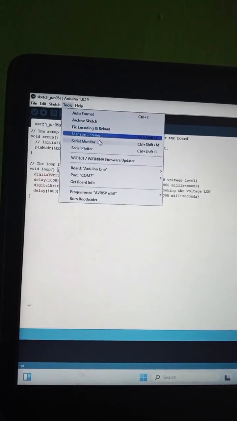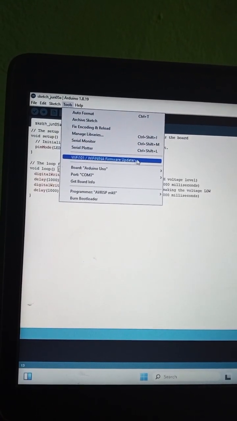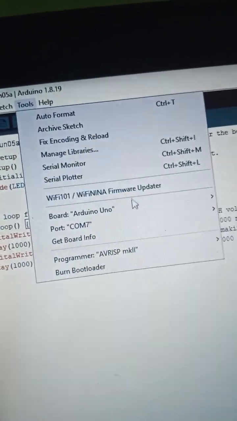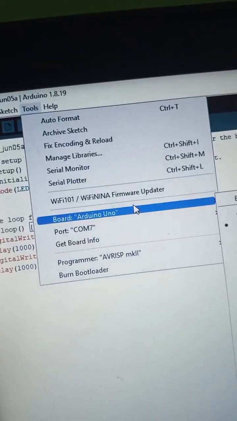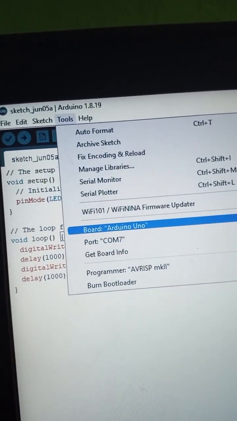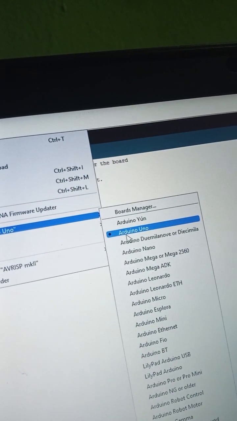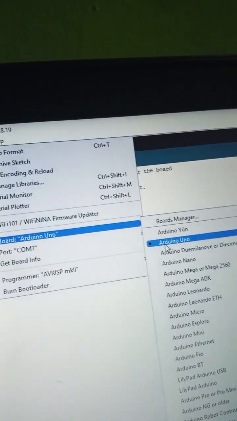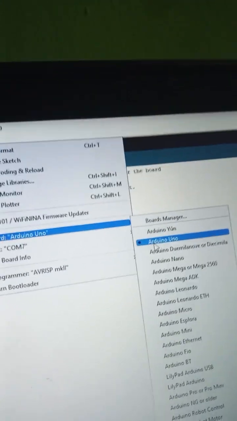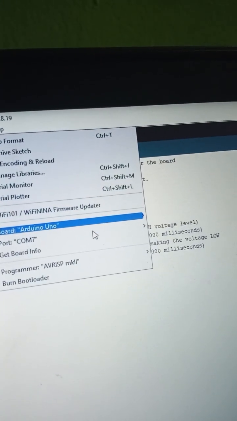If you connect it, you go to Tools, that is in setting up. Here it will update automatically if your IDE is connected. I hope you can see. You will come to this Arduino board. Mine has selected Arduino Uno automatically. This will show you that your Arduino is connected successfully, and this port